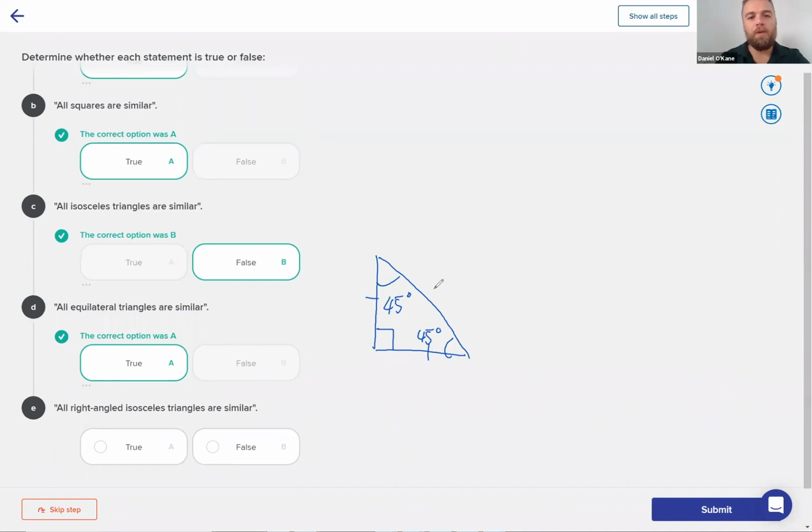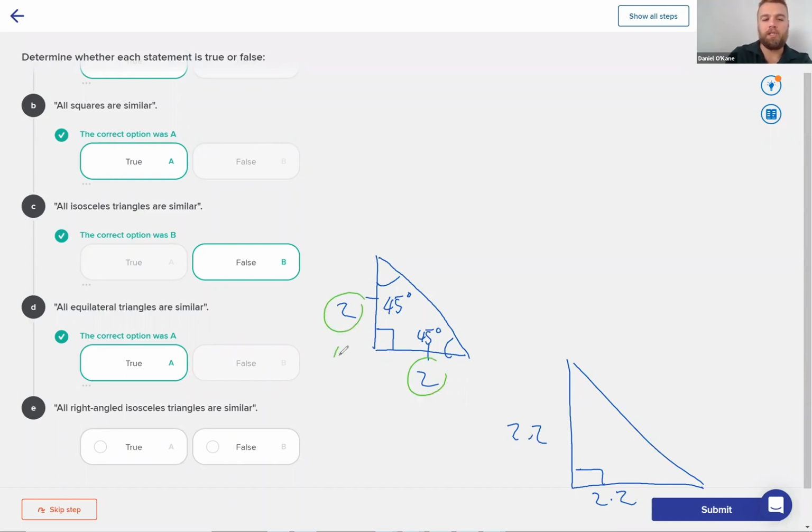So then even when we enlarge by a number, okay, so if you look at 2 and 2, for example, and I look at maybe a larger triangle where it's maybe 2.2 and 2.2, okay, you're still multiplying these values, okay, by a scale factor to create